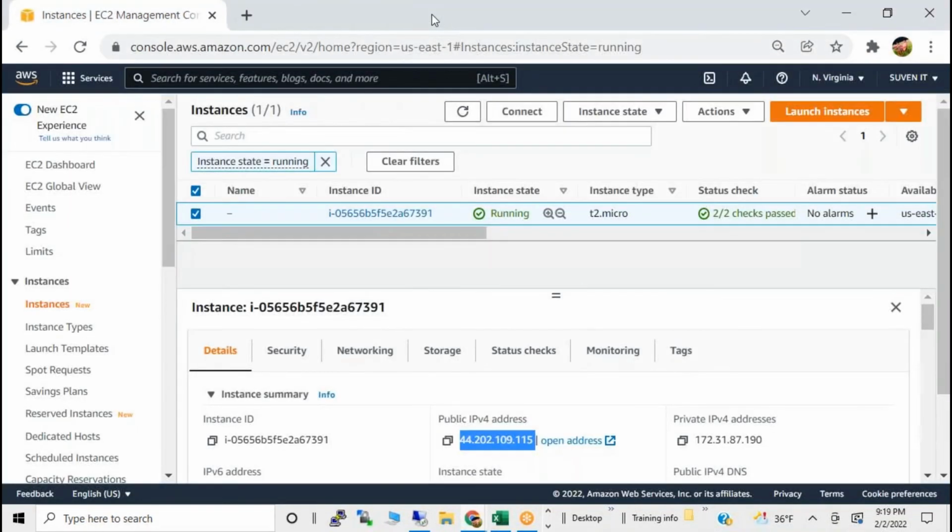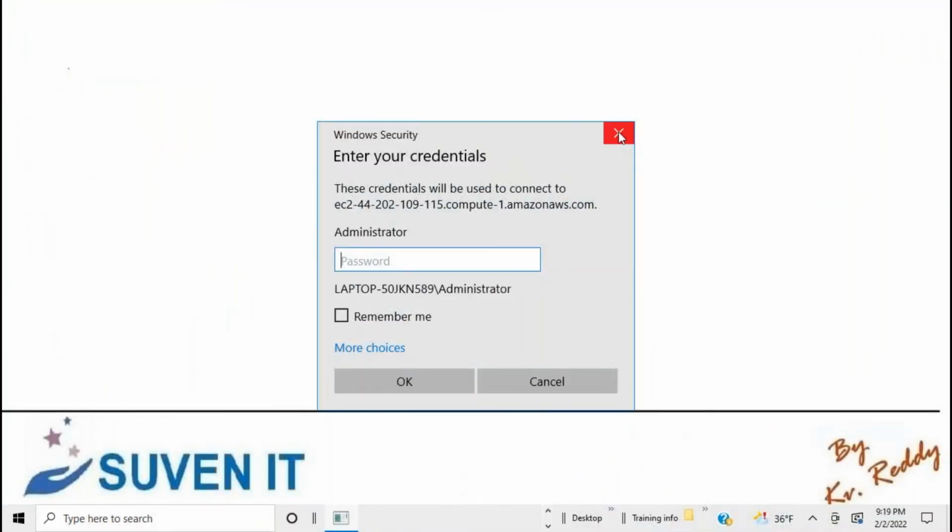Now I'm going to discuss, I will explain about how to host a website in a Linux server as well. So before that, any